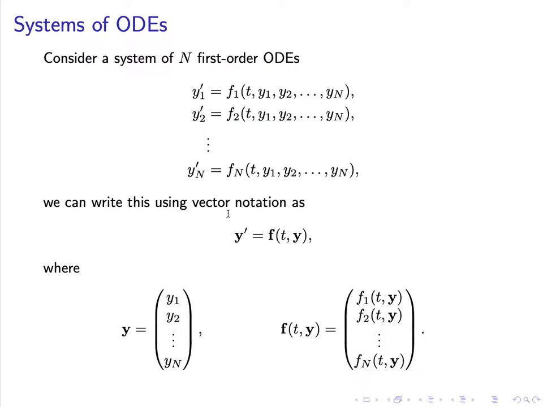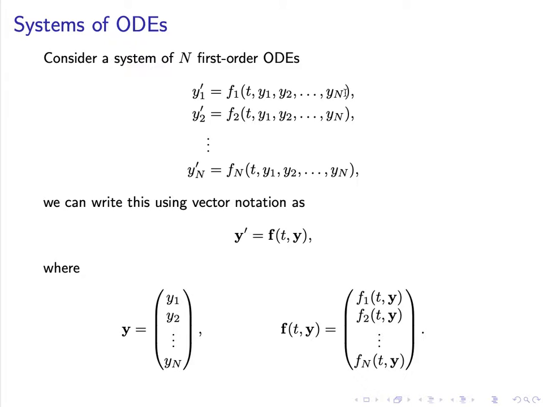So here we've got n first order ODEs. On the left we've got y1 dash, y2 dash, all the way down to yn dash. So we've got n equations, and on the right hand side we've got our ODE functions. Now these functions have t, which is our single independent variable, and y1, y2 up to yn,